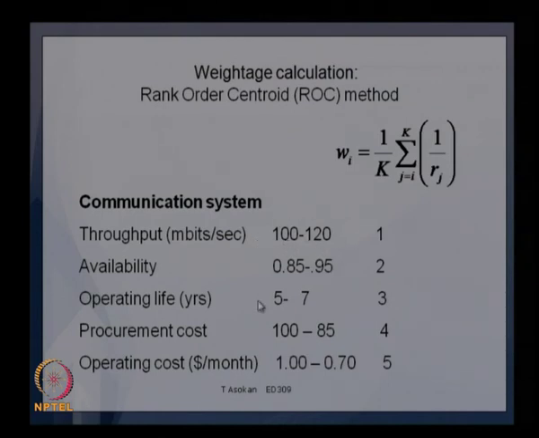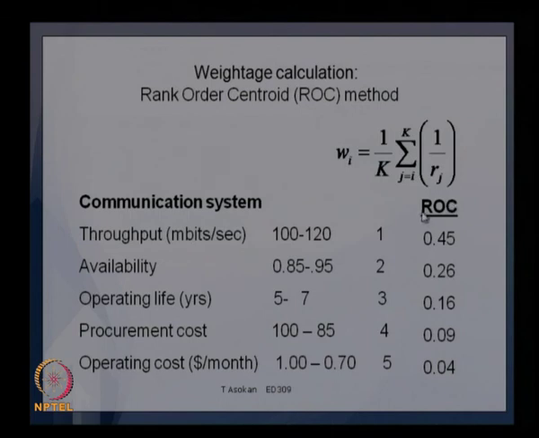Based on this, we can get the Vixi, that is the value functions, and then we have to get the Wi, which is the weight. Since these are the objectives hierarchy, this is the most important one: 1, 2, 3, 4, 5. Based on this hierarchy, we get the value of Wi for each objective. We can use the same equation to get it. When we use the rank order centroid method, we get the weightage W1 as 0.45, W2 as 0.26, W3 as 0.16, W4 as 0.09 and W5 as 0.04.